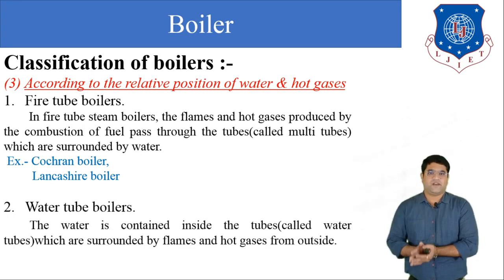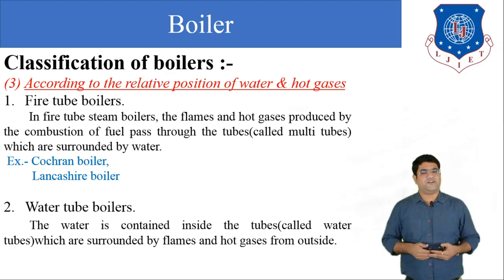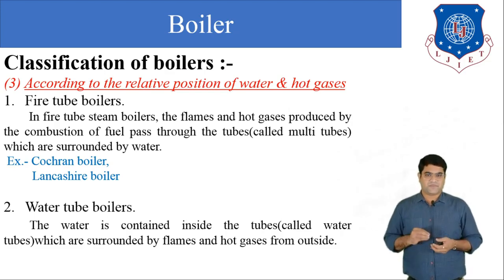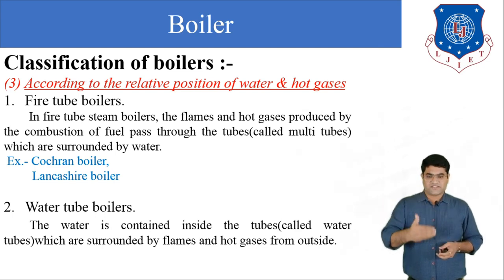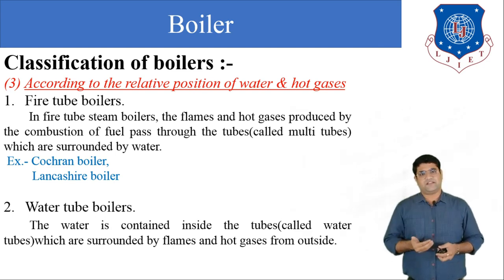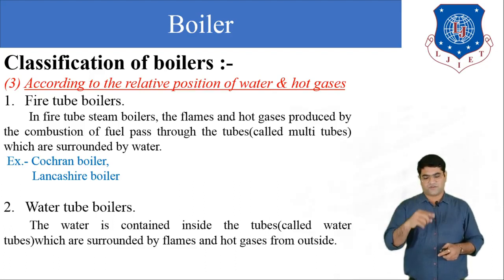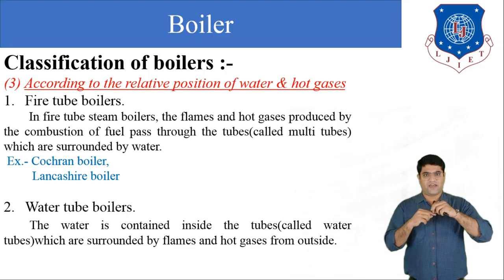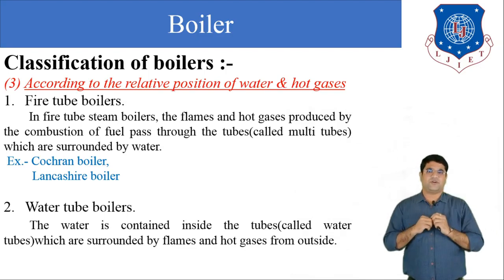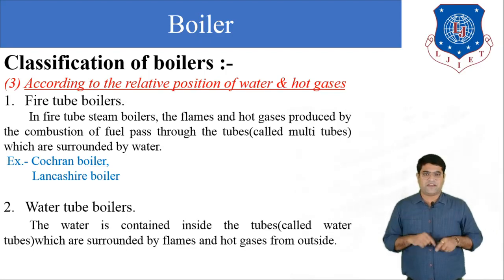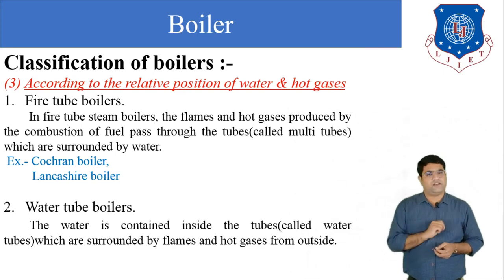Okay, so first of all, let us understand the meaning of a fire tube boiler. We can say that if the flue gases travel in the tube and water surrounds the tube, then the heat will be transferred from the flue gases to the fire tube, and from the fire tube it will transfer to the water. This type of arrangement is called a fire tube boiler.